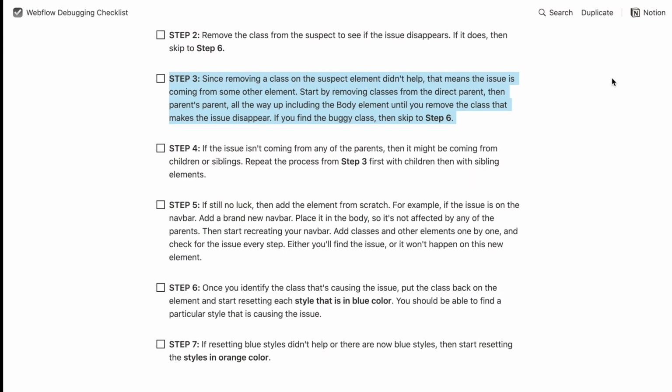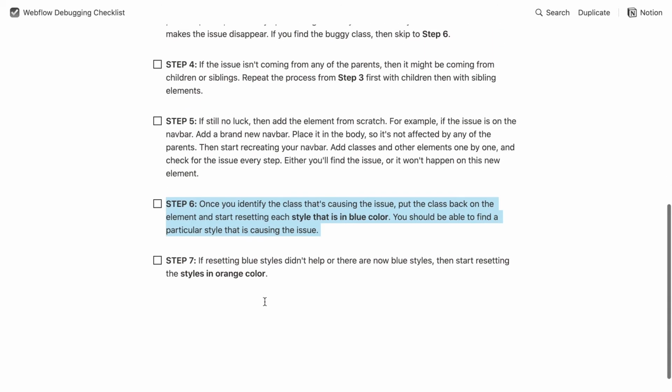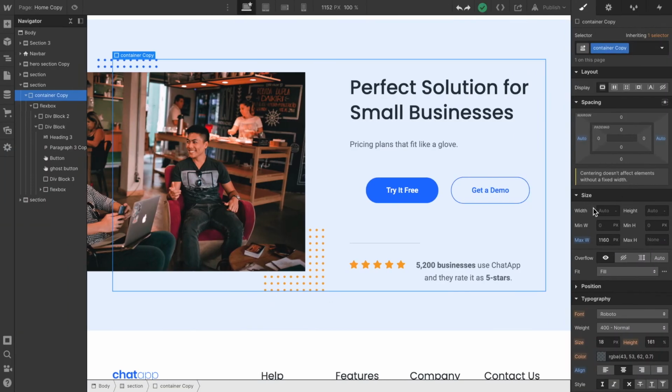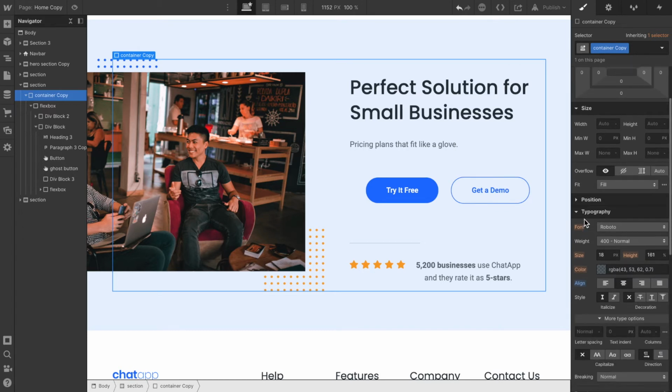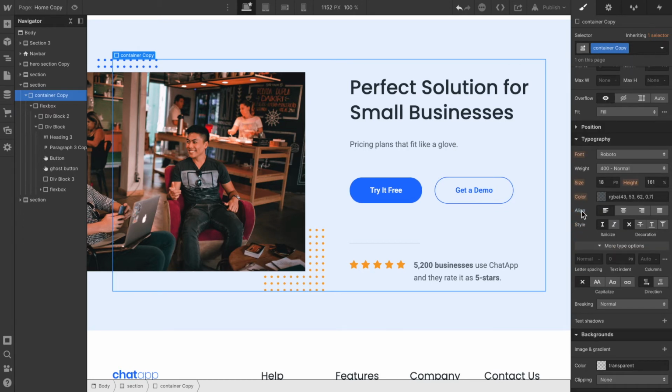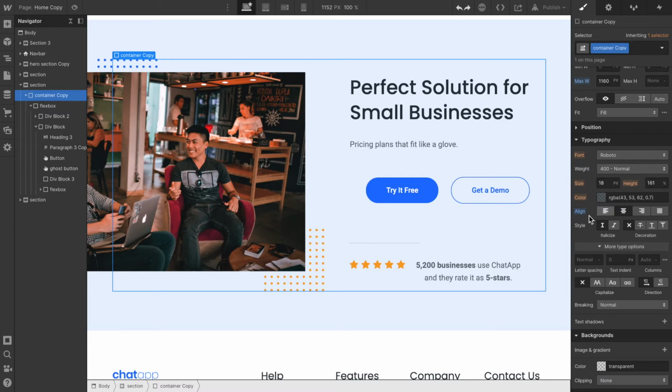So whatever the step was here, skip to step 6, which is to reset all the classes that are in blue. Start again. Option click, nothing, nothing. Oh, there you go. So I'll just return all of those other classes back. And now let's see. So align, when we reset it, goes to align to the left. And when it's on the center,